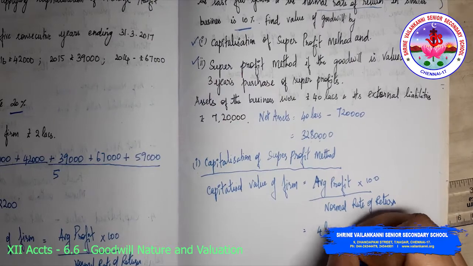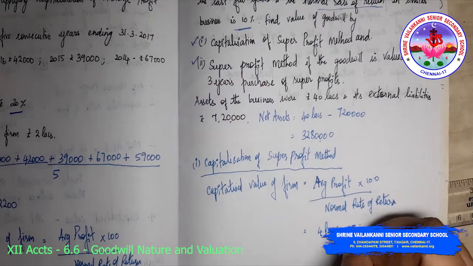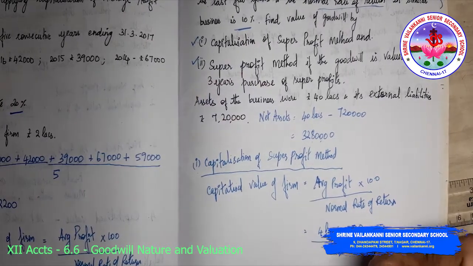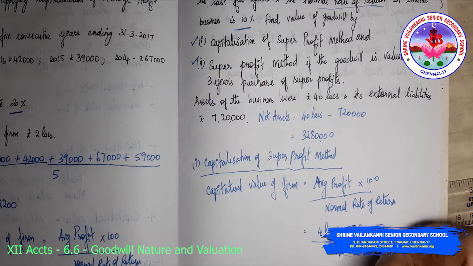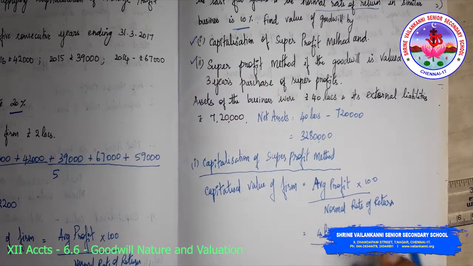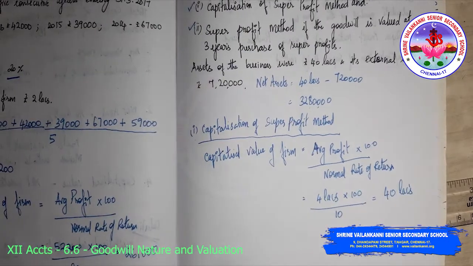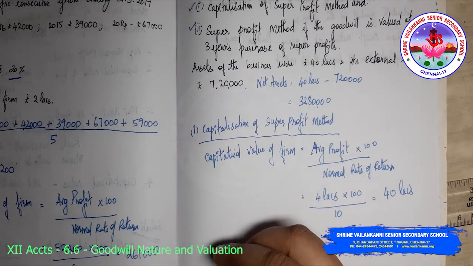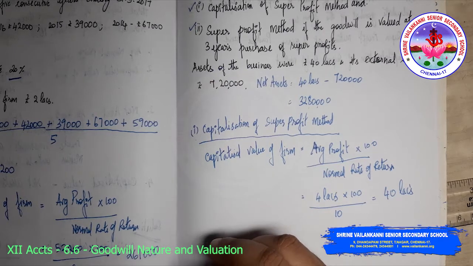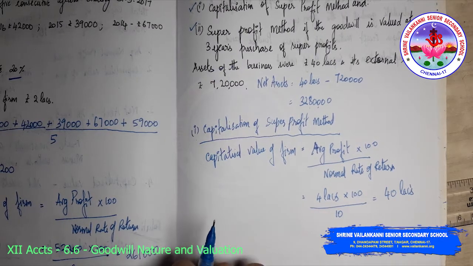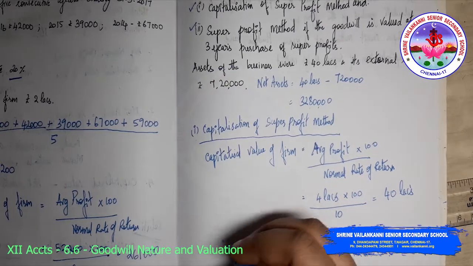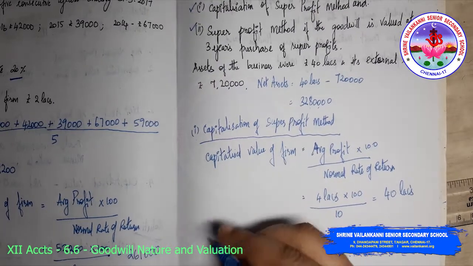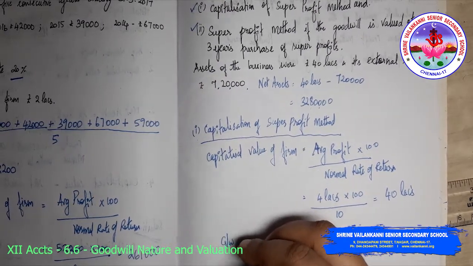Average profit given in the question is 4 lakhs into 100 divided by normal rate of return is 10. Now 4 lakhs, I will be getting 40. I am getting 40 lakhs. Now this is my capitalized value. Now what is goodwill? Goodwill is equal to